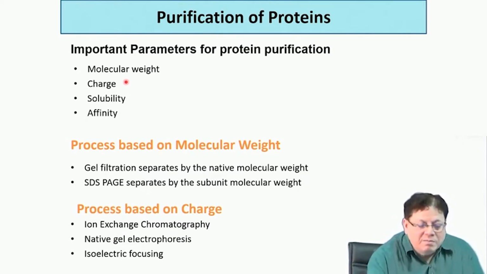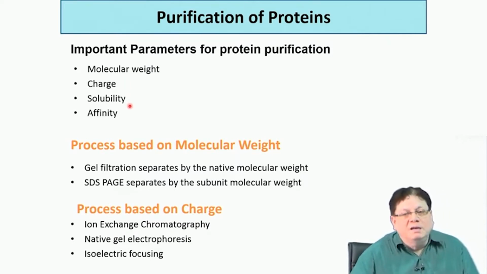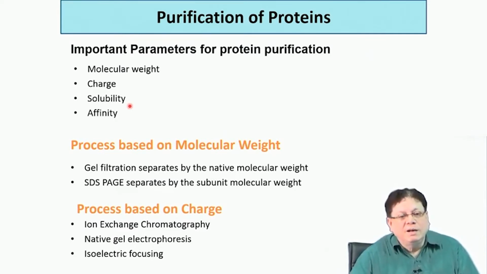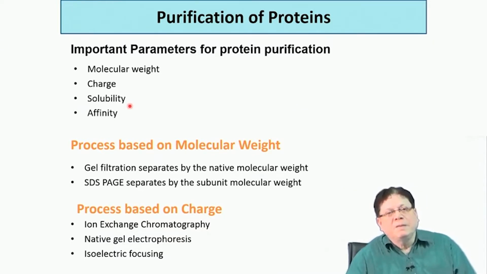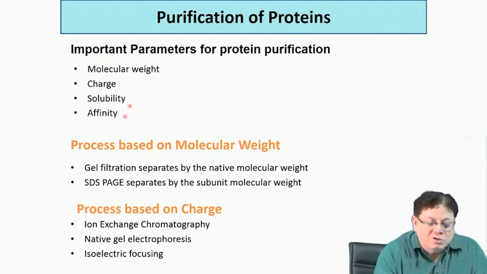Then different proteins have different solubility. Usually the solubility of proteins in water will decrease as you add inorganic salts which increase the ionic strength of the solution. So, there are precipitation methods like adding ammonium sulphate which can precipitate proteins, and you can maintain different concentrations of ammonium sulphate to specifically precipitate various proteins. And the fourth one is called affinity